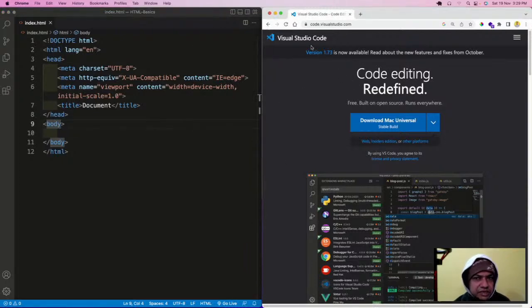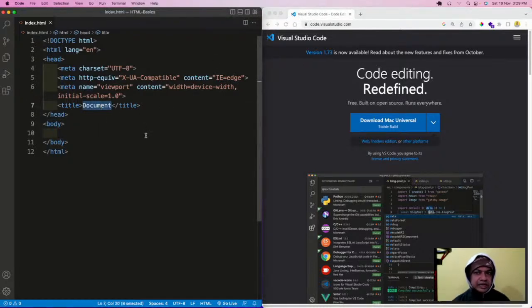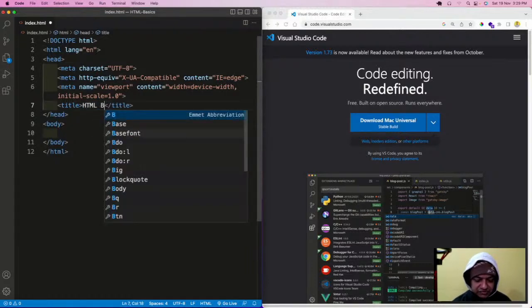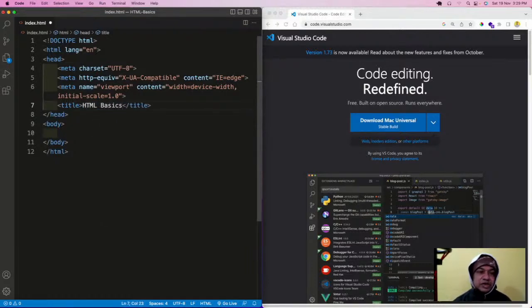There are some things written by VS Code which I can change here, like I can change the title. You're going to see what will come. And there's one more important thing in the head tag, which is meta. Meta has to do with the digital marketing or the SEO of the site. This is known as the meta tag. You might have heard the term SEO a lot if you have done something like digital marketing. SEO means search engine optimization.